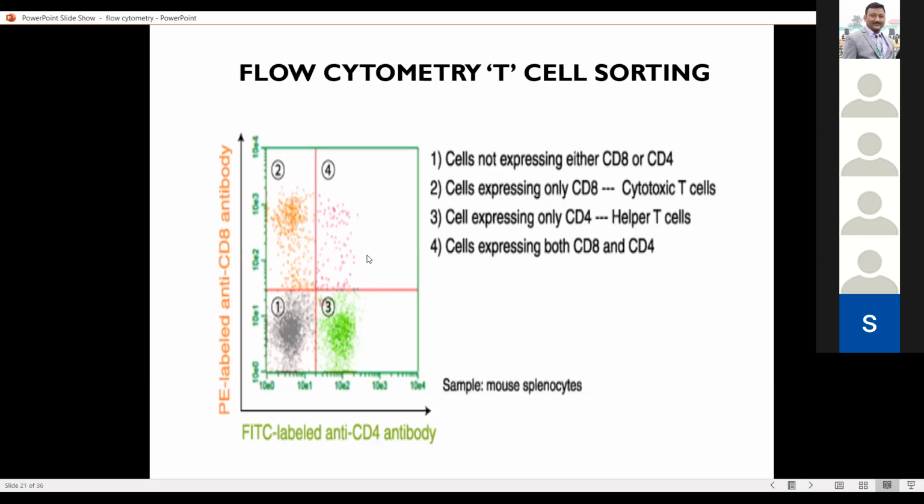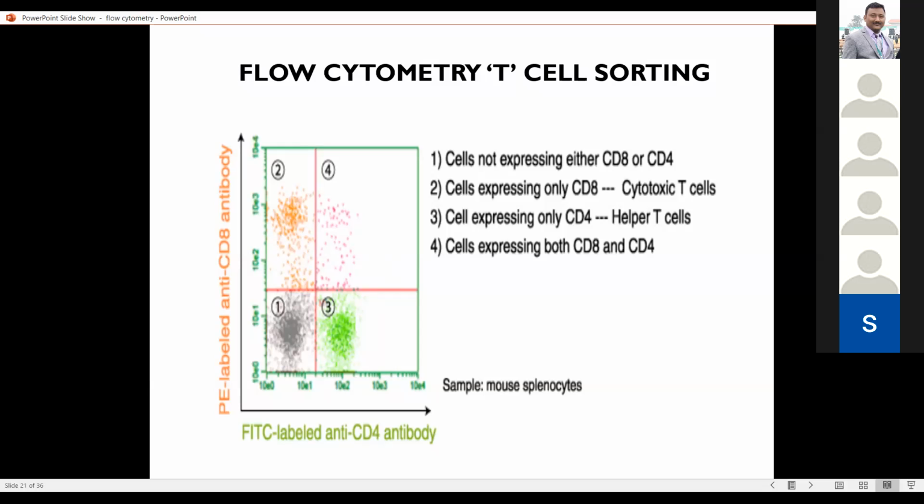There are some other cells which express both CD8 and CD4 markers on their cell surface. These T cells will bind to both antibodies, the antibodies conjugated to phycoerythrin and the antibodies conjugated to FITC. So these cells constitute a different population in pink color. So on the basis of two antibodies conjugated specific to two different markers of a T cell, CD8 and CD4, we will form four cell populations, sorted on the basis of CD8 and CD4.